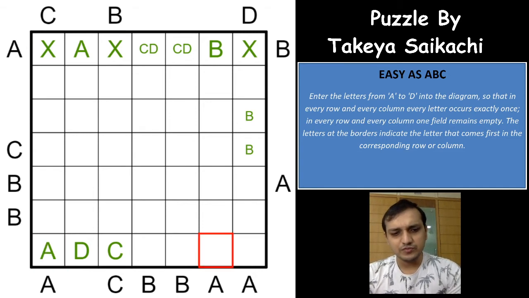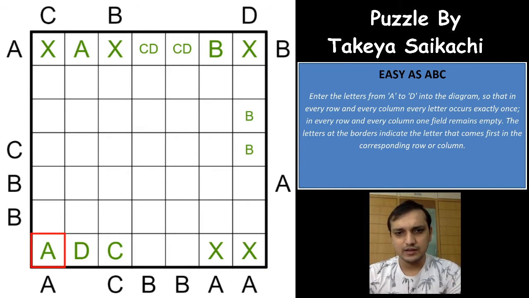Which means that both of these A's can be crossed out, because now the first cell cannot be an A because you already have A here, right? Easy. Which means that if you see here, one of the B's has to be placed here, and A cannot be placed here, because what happens here is you won't have enough space, which means the maximum that A can be placed here is in one of these 2 cells again, right? And B has to be placed in one of these 2 cells again. Superb.